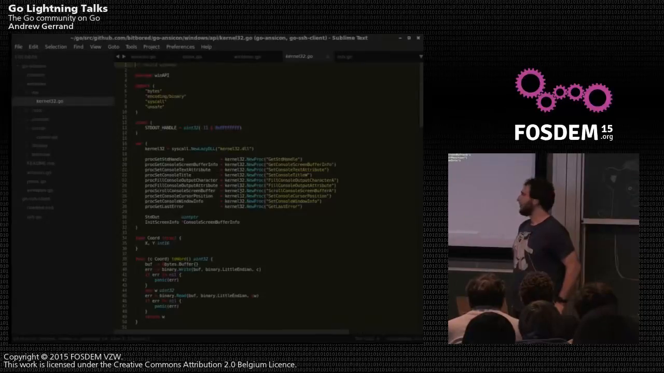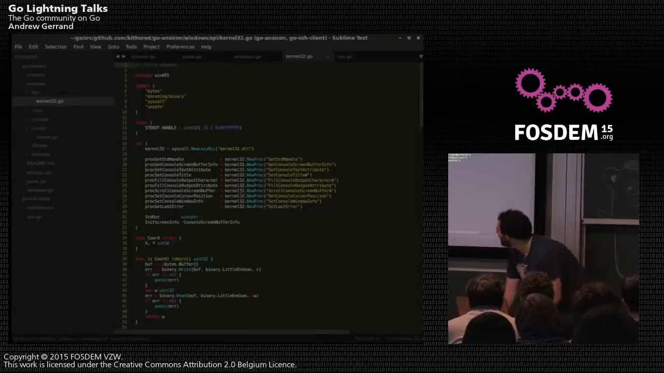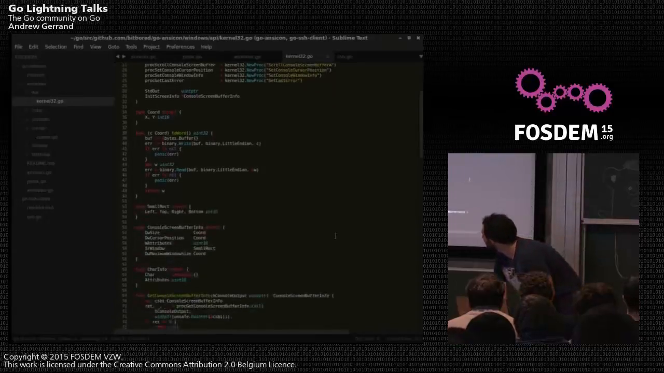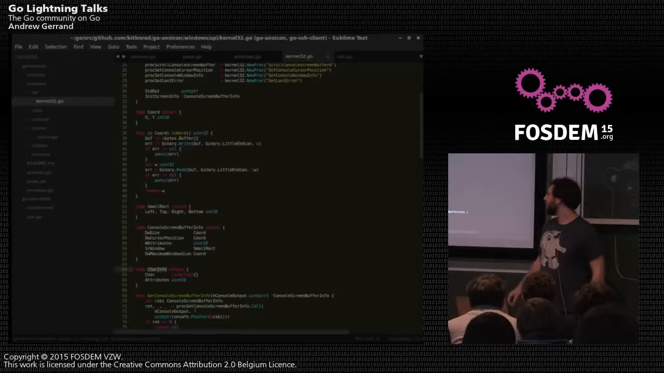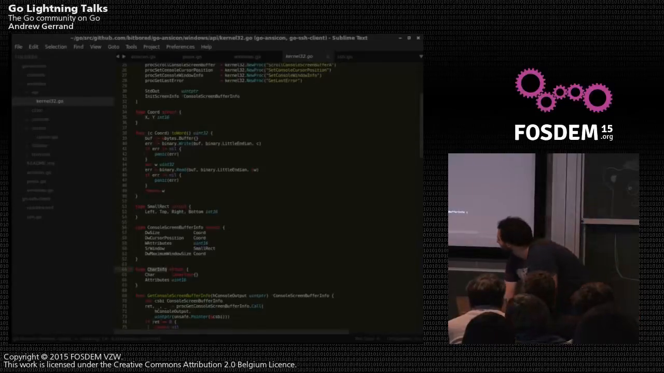And actually, when you think about it, an interface type is also a union type. And that is basically what is here. So there's a char info, which is a special character that can be both a Unicode character and a normal 8-bit character. And I use this